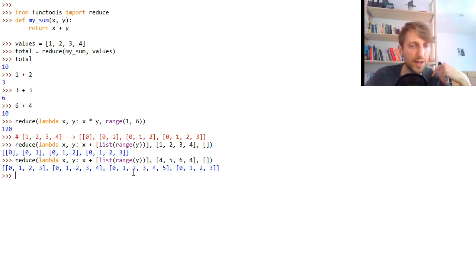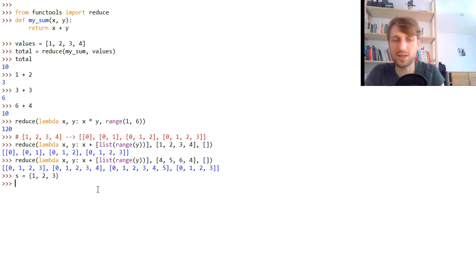Okay, so now let's maybe have another advanced reduce function, which is to calculate the power set of a set. So say we have given a set S with 3 elements. Now we want to calculate the power set of this set. So what is the power set? The power set is a set of all subsets of this set. Okay, so in this case the power set would be,